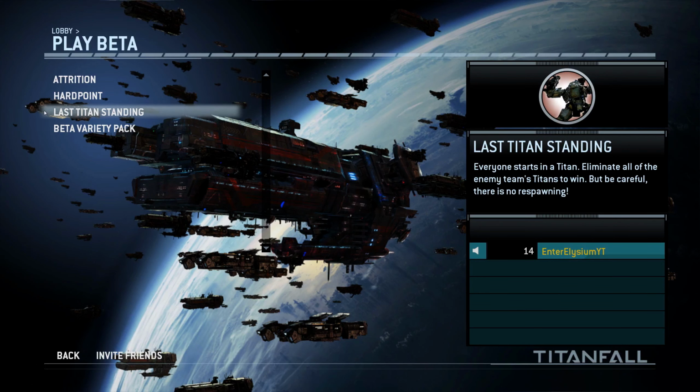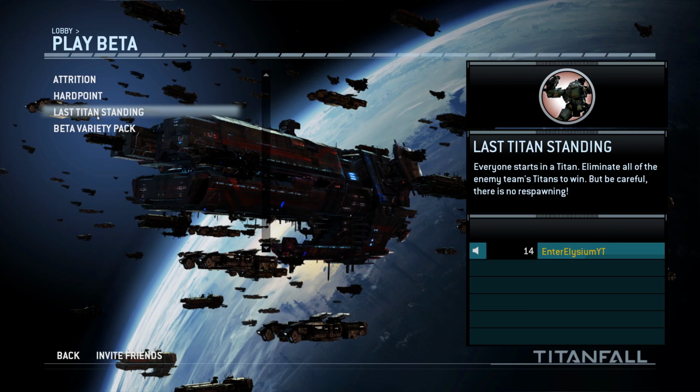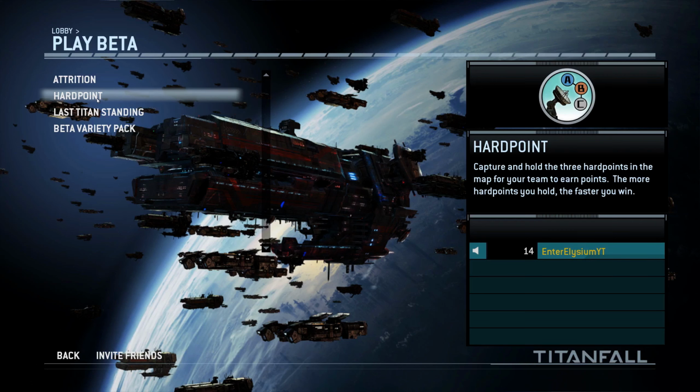Last Titan standing: everyone gets a Titan at the very beginning of the game, and you duke it out, and then it's a team mode. It's not Last Titan as in free-for-all, but I'm not a massive fan of it. I don't really see the point in it, because it ends very quickly, and personally I prefer the infantry bit. I mean, the Titans are really fun, but I prefer the infantry bit generally. Not that I would have no Titans. Titans are amazing in this, but I kind of like being able to jump around with all the parkour-y stuff